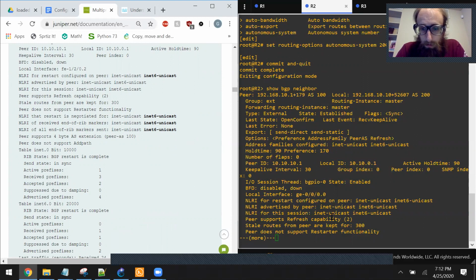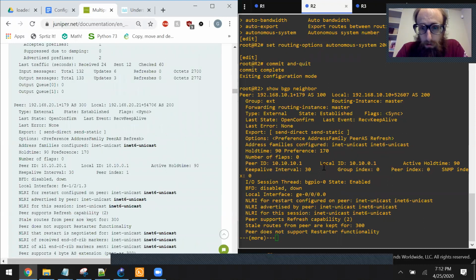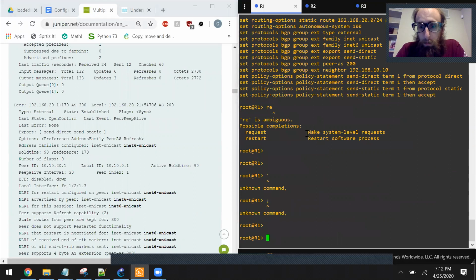INET6. Oops. Looks like that's, here it says it's NLRI of received end of rib markers, but this is NLRI advertised by peers, so that's a little bit different there, but of course it depends on,